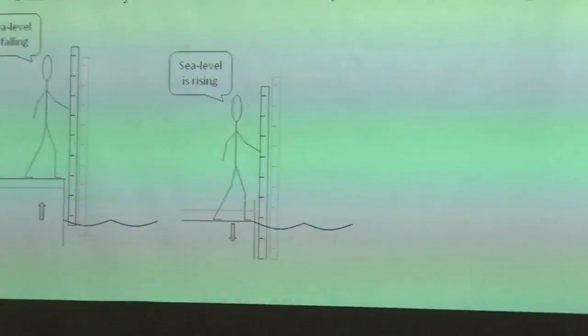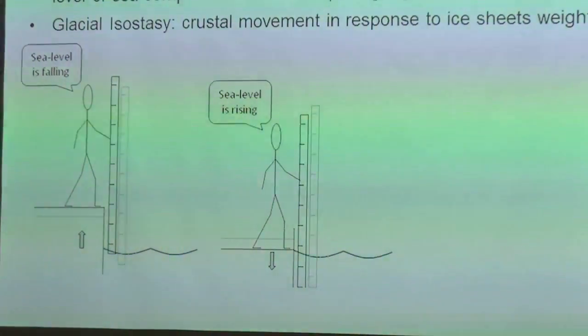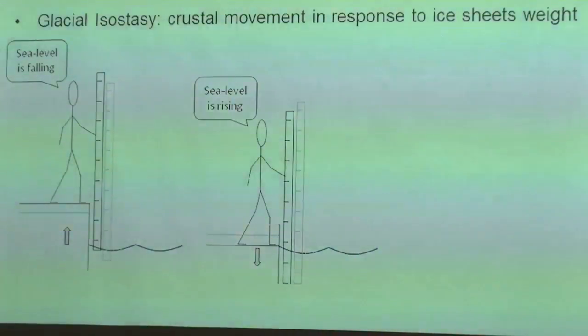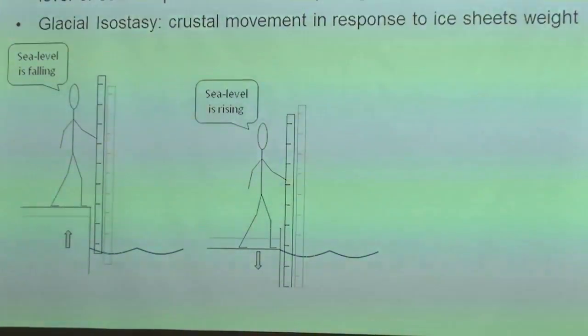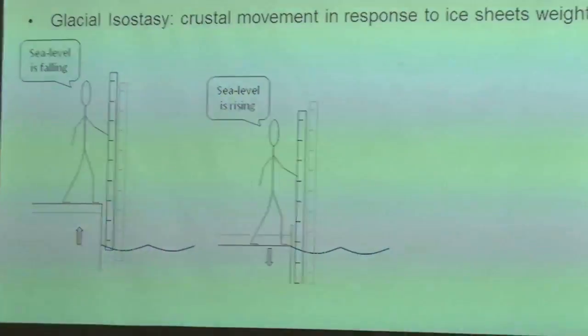So relative sea levels, these, for example, are reflected in the water level on our beaches, the water level at the coast. We use tide gauges to record changes in relative sea level. And relative sea level includes the movement of our land. We're all familiar with movement of land in Christchurch, but over geological timescales, land gets depressed or rebounds in relation to ice sheets sitting on top of the land. So the Earth's crust is a little bit like a waterbed. When you put a big weight on top, it'll be depressed, and when you take that ice sheet or that weight off, it'll spring back up.